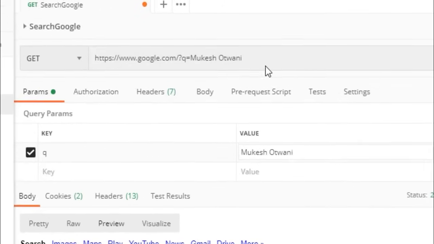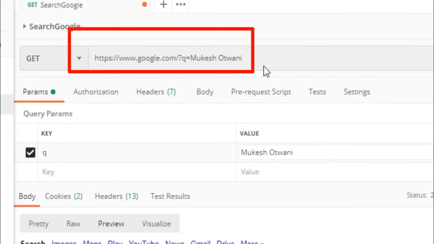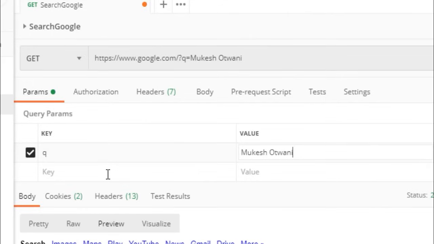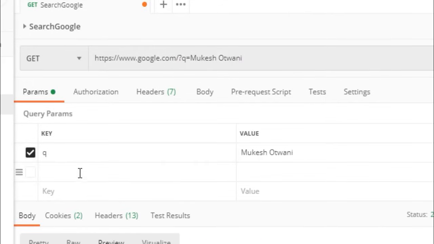Can you see it is automatically appending to the URL? It means whatever query I will be sending along with parameters, it will be appended to the URL. So apart from this, if you want to send any other query parameter, let's say I want to search for name, and this name, let's say I want to search for automation,